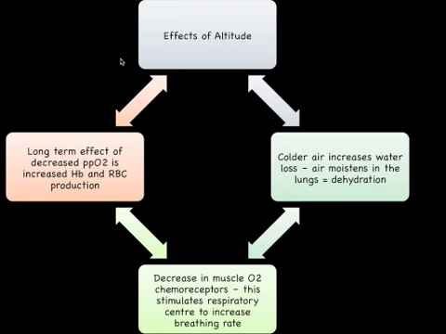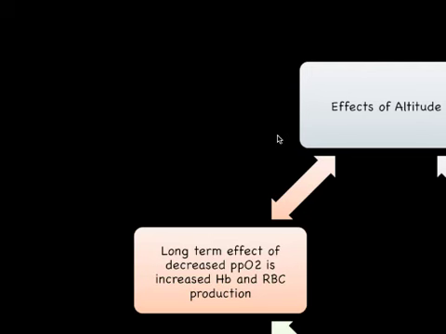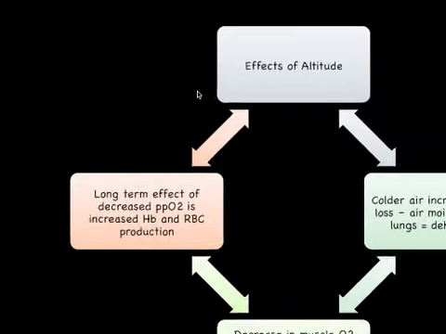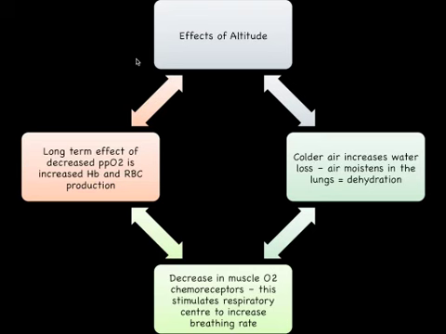Now, the other effects of altitude that you get when you start to look at working above 1500 meters is there is a long-term effect, if we look on the left-hand side, of a decreased partial pressure of oxygen. And what that does is, as you train more and more at altitude, you get even more increased hemoglobin, HB, and your red blood cell production will increase dramatically, so RBC, the more and more you stay at that altitude level. The problem we have is that obviously, because we can't get enough oxygen in, it can't attach to that hemoglobin or the red blood cell, so it's a kind of contradiction in a way.